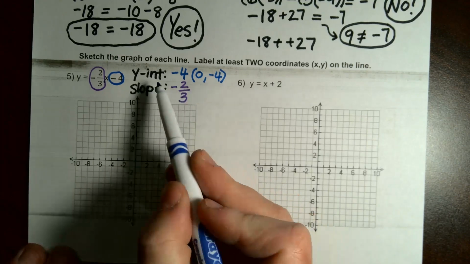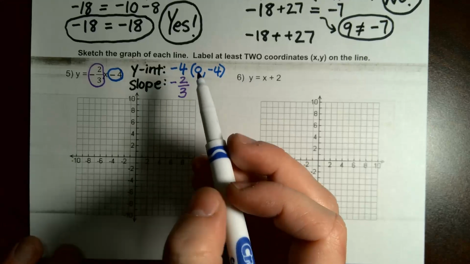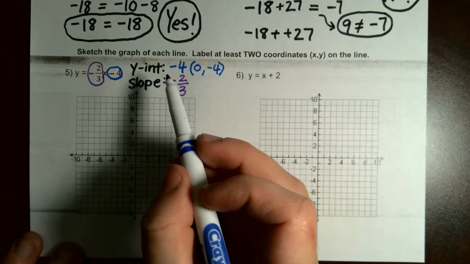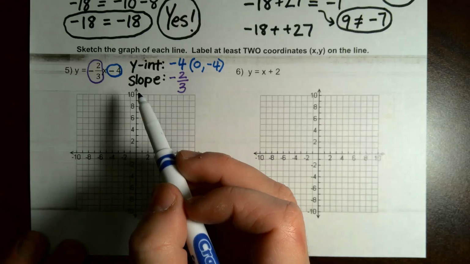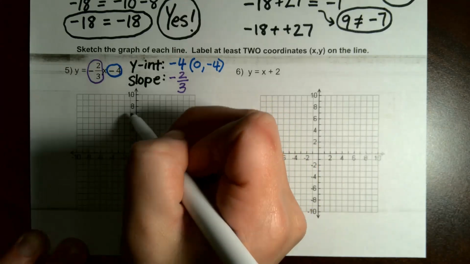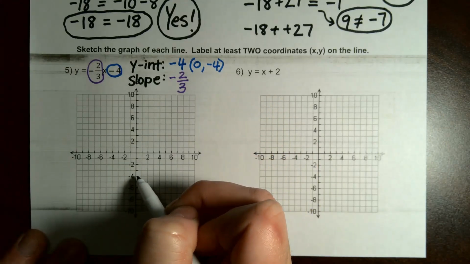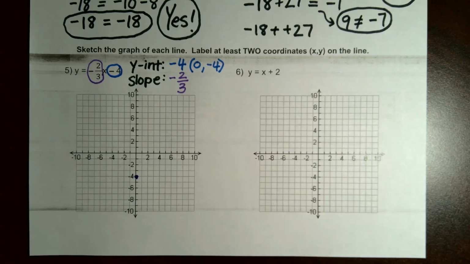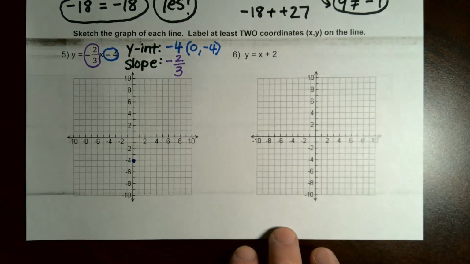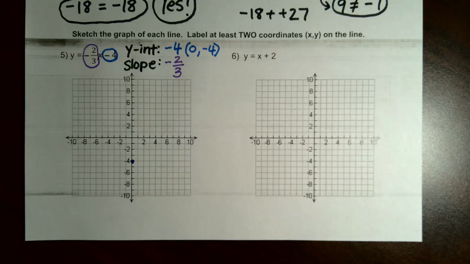Graph your y-intercept. Yes. So rise and run. Absolutely. We're going to start with our y-intercept. So we know that our first point is going to be at y equals -4. So I'm going to go down to -4 and put a point. And once you've done that, we are going to use our slope. So we're going to go down 2 from that point